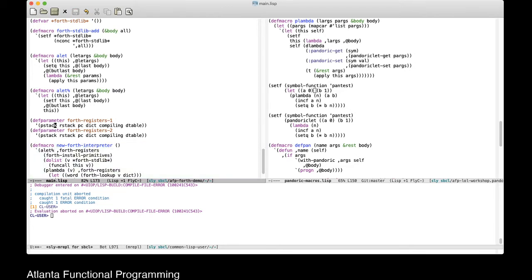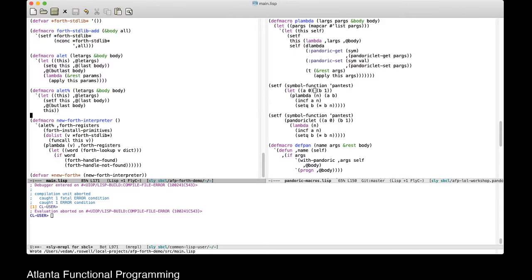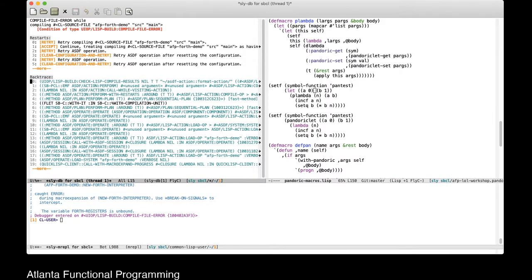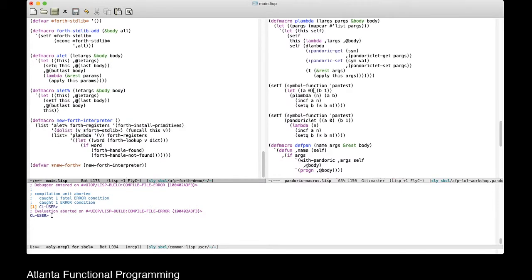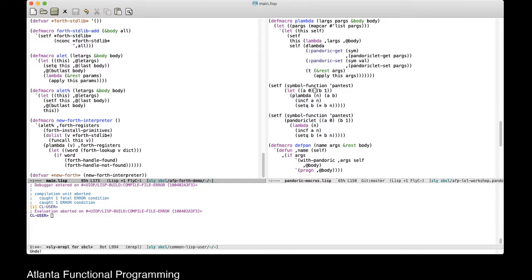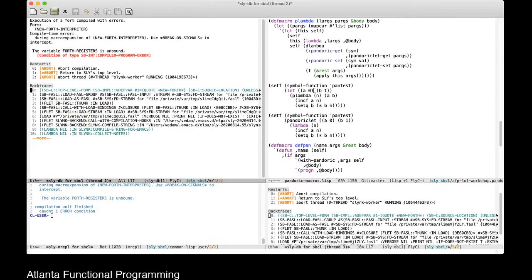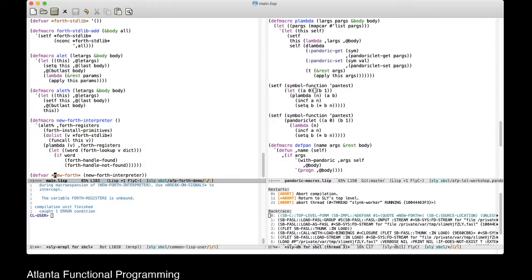Go ahead and get rid of these guys and see if that does anything. Fourth registers is still unbound. Okay. Control C. Oh, sorry. Let's do this. Oh, sorry, I'm messing it up. Let's do this, and then here, let me look at